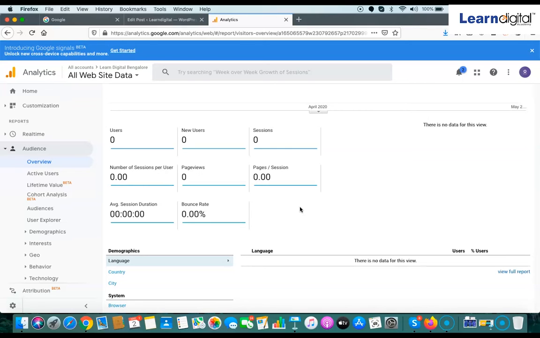So total number of sessions made, because one user can make multiple sessions. One person can visit your site many times in a day, so the total number of sessions will show. And the number of sessions per user, the average number of sessions per user, you will see here in this section. And total page views, average page views, how many pages a single user has viewed when they visited